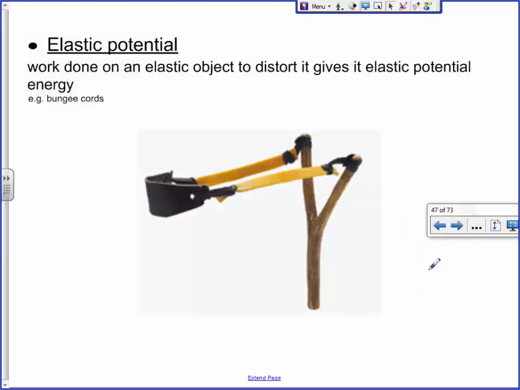Elastic potential. We actually have a formula for this that we'll use later in the course. But any sort of bungee, any sort of stretchiness. Even a basketball, believe it or not, has elastic potential energy. You guys know that? That's actually what causes it to bounce back up again. When a basketball hits the ground, it doesn't just hit the ground like this and then bounce back up again. The basketball will slightly, give me a sec, I'll do a better job.